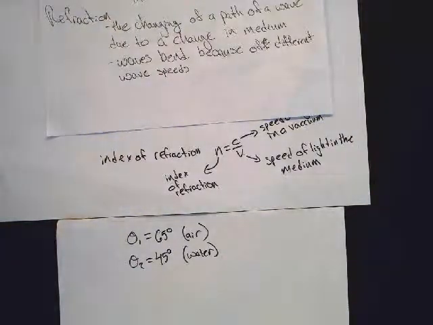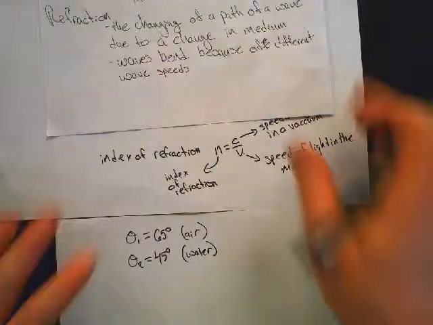Now, the speed of light in air versus the speed of light in a vacuum are incredibly close to each other. We're talking like 2.99 versus 2.98 times 10 to the 8th meters per second. So not really worth talking about in most cases. Okay. So using Snell's law,